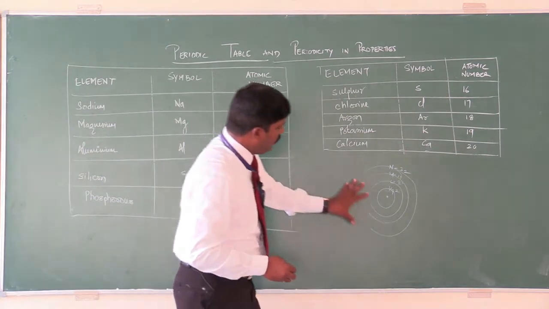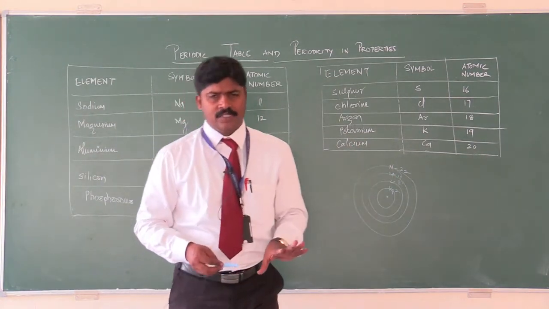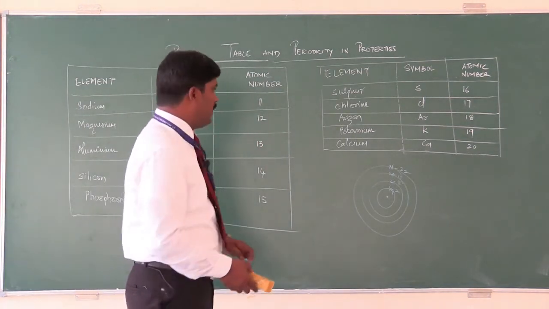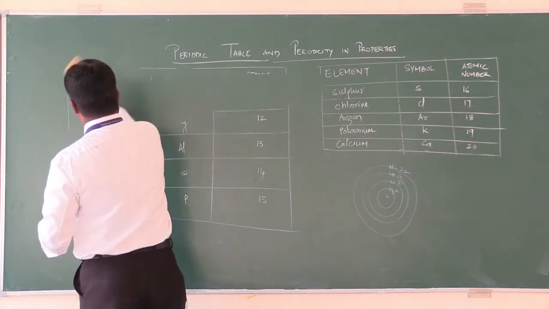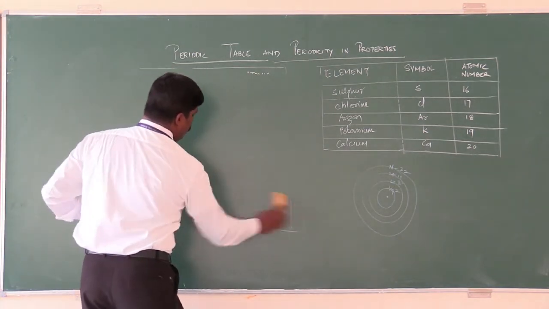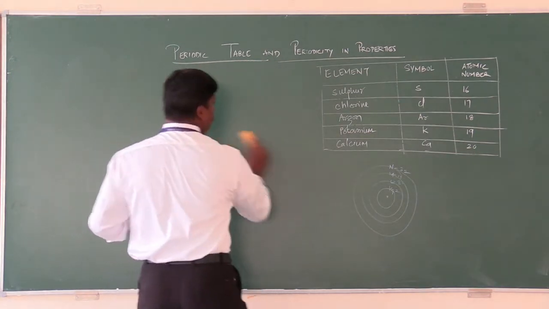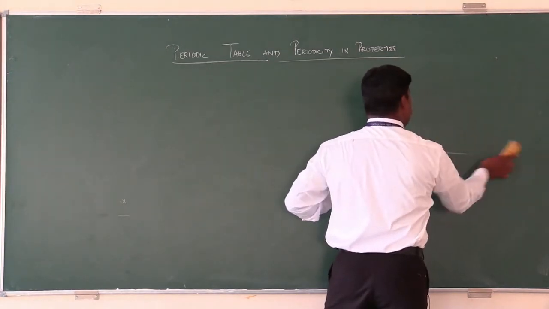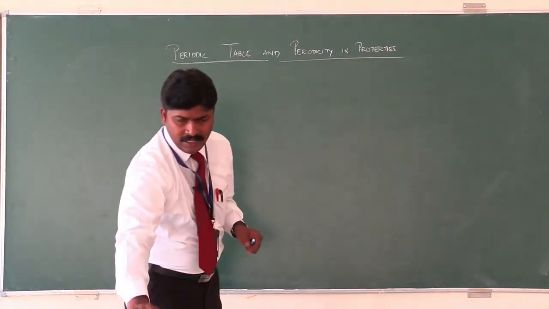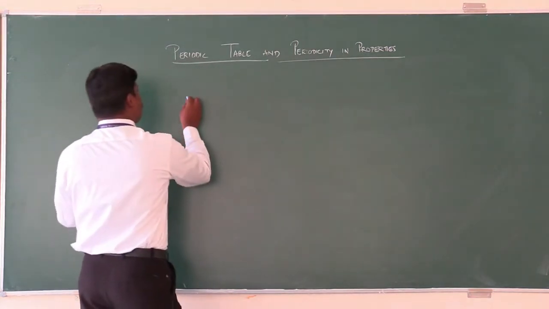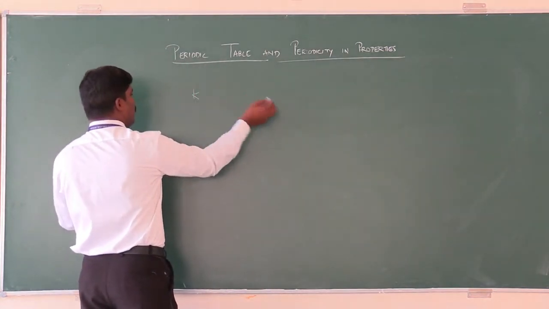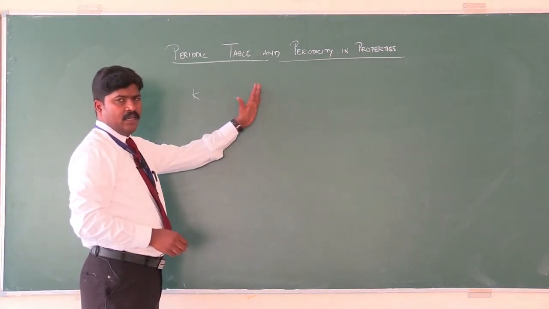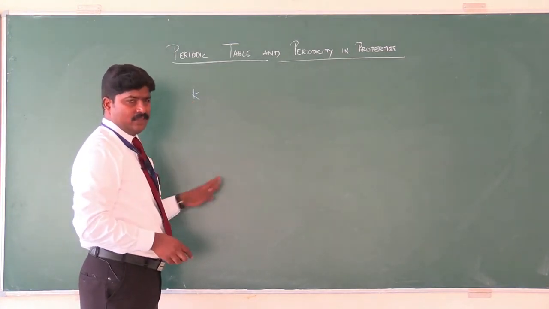Now this is about the atomic number. The definition of atomic number I have taught you, and mass number also. Now I want to take you to another concept. By knowing the atomic number and symbol, I want to briefly introduce the main shell and the subshell. Of course we'll discuss it later, but for the time being I want to make things a little easier. K shell is a main shell. A main shell has subshells, orbits have orbitals, a main energy level has sub energy levels. So we'll discuss that today.